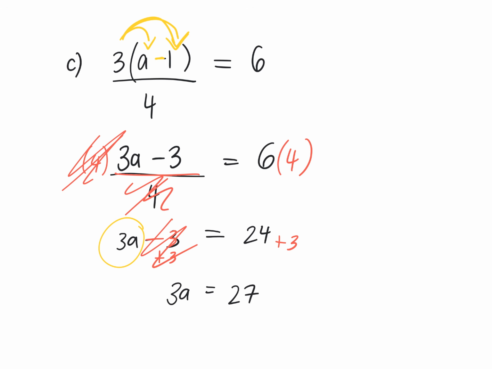Good. How do I solve for a? Divide by 3. Good. Divide this by 3. Divide this by 3. That's gone. A is equal to 27 divided by 3 is